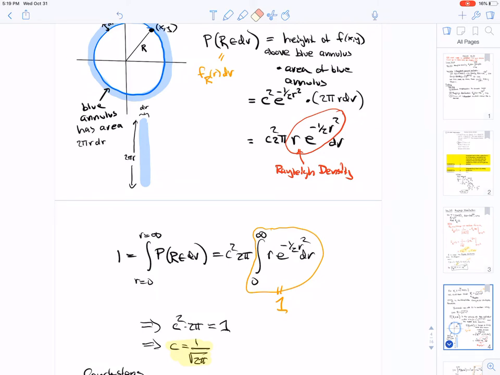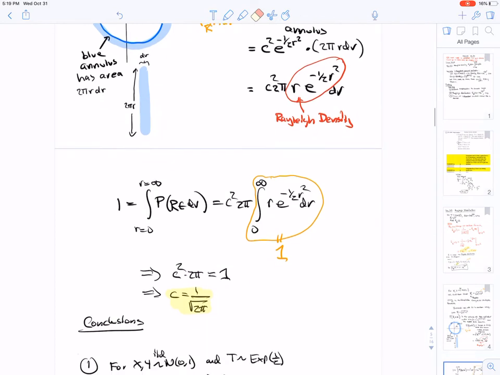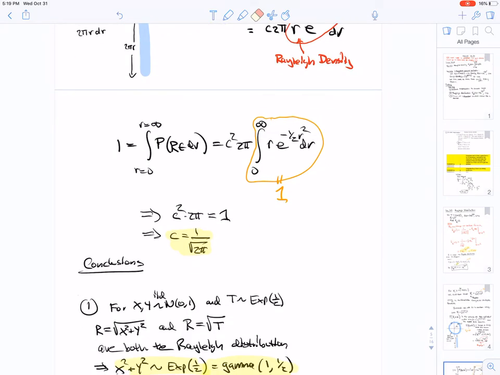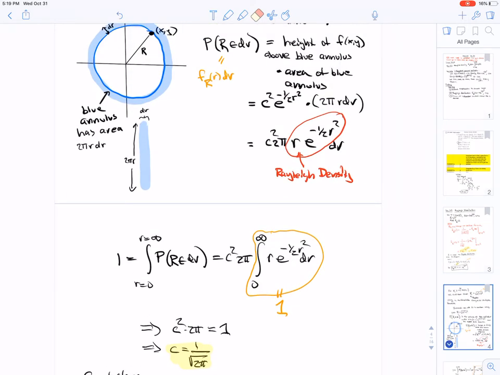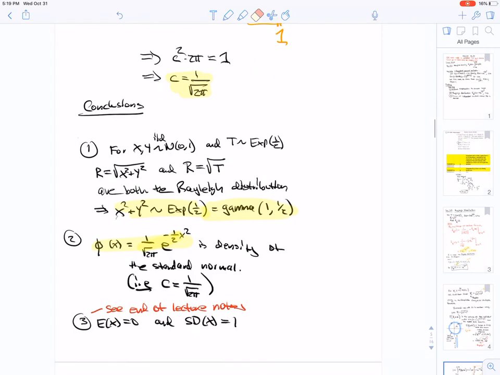This is 1 because r e to the minus 1/2 r squared is a Rayleigh density. And so we conclude that c has to be 1 over the square root of 2 pi. So that's pretty cool. We've shown two things doing this. One, we've shown that if X and Y are IID standard normals and T is exponential 1/2, that the Rayleigh